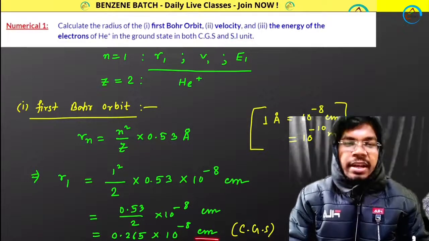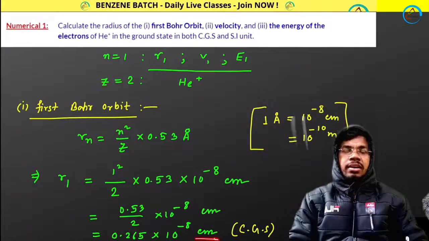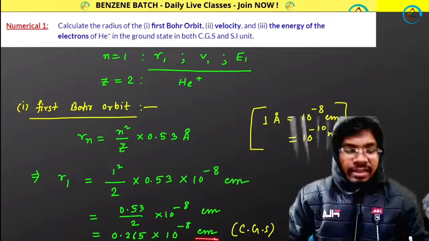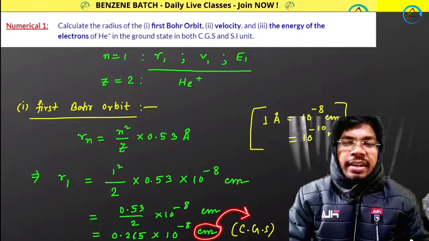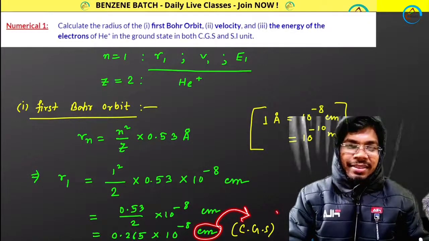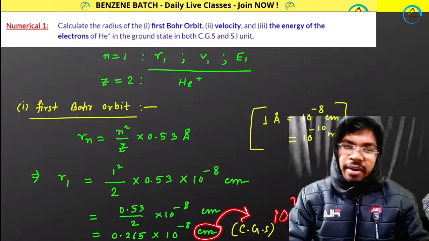It is in centimeter. In SI unit, what is the unit of the length? It's meter. So convert centimeter to meter. How can I do that? Divide this by what? By 10 to the power 2, or 100. So if I divide this value,